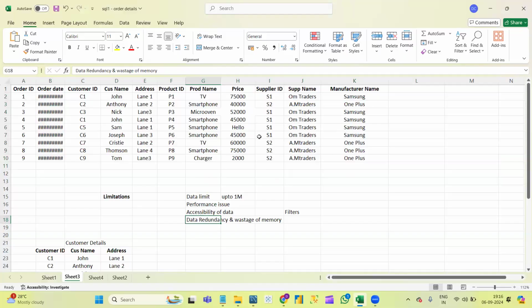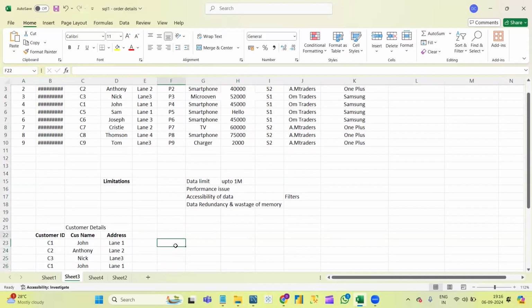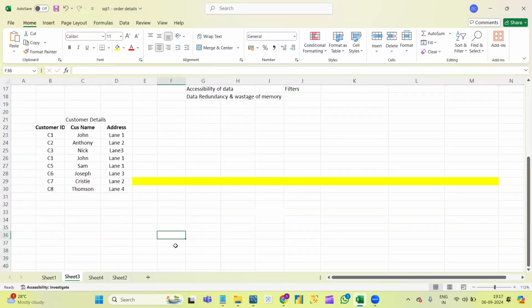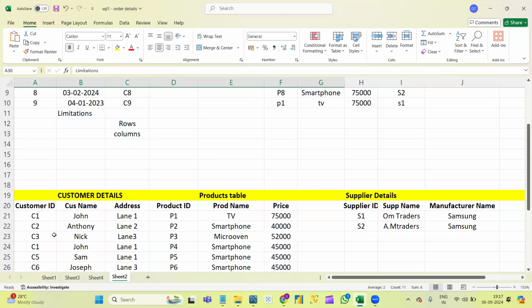Instead of storing the data like this, we divided the data into multiple tables, correct? We created a customer details table separately, a product details table separately, a supply details table separately. I said this is the way we will store data in SQL. We will divide the data and store it in multiple tables, and we should make sure that we